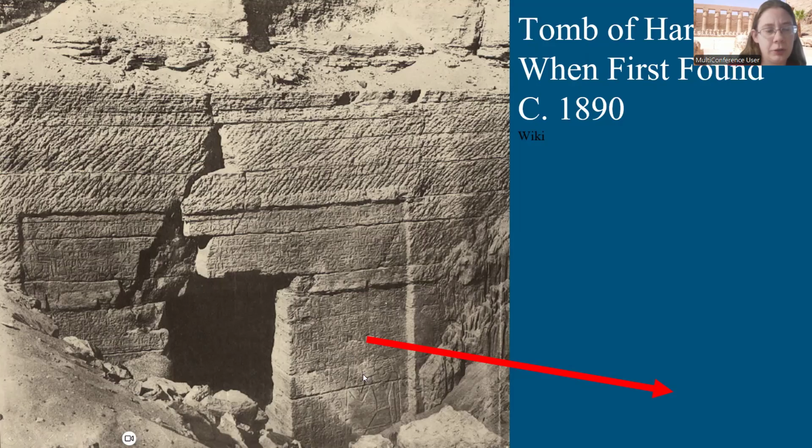So you see Harkuf here. This is one that has stayed in place from when it was found till now. So this is an excavation photo from the 19th century when they first found this and were digging it out and starting to translate the text. So you can see that at this point they still have to remove a fair amount of rock to get at this door.